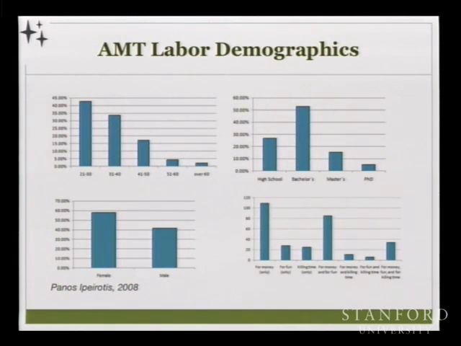The demographics are interesting. This is a guy, Panos at NYU, who did an interesting study of the demographics. You can see that it skews a little bit female and it skews young. It might be surprising that about 75% seem to have a bachelor's degree or higher education. And the most interesting thing in the bottom right is, it's probably hard to read, but he asked the question, why do you do this work? And you can see that some people say for money, some people say for fun, some people say for money